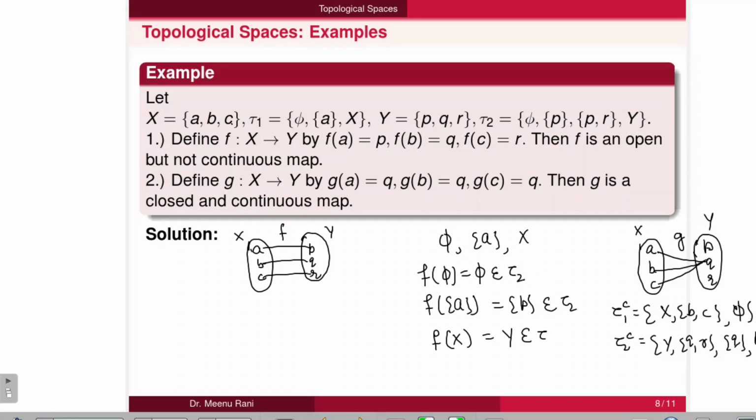So these are the closed sets in X. If we take image of X, then it is Q only, because all the points of X are mapping to Q. So it is closed in Y. And if we take BC here, its image is also Q, it is also closed in Y. And if we take G of phi, it is phi, so G of phi is also closed in Y. Thus we can say that G is closed and continuous map.